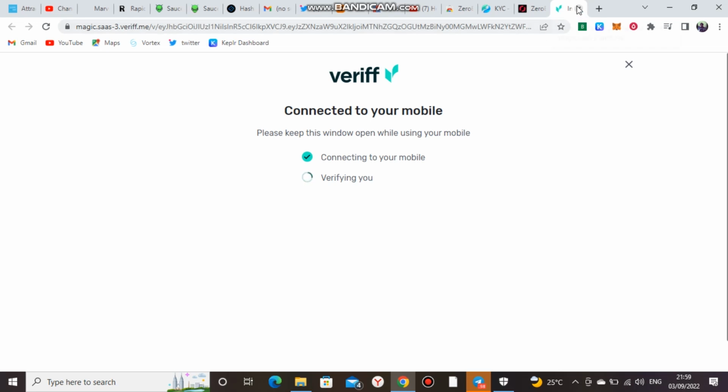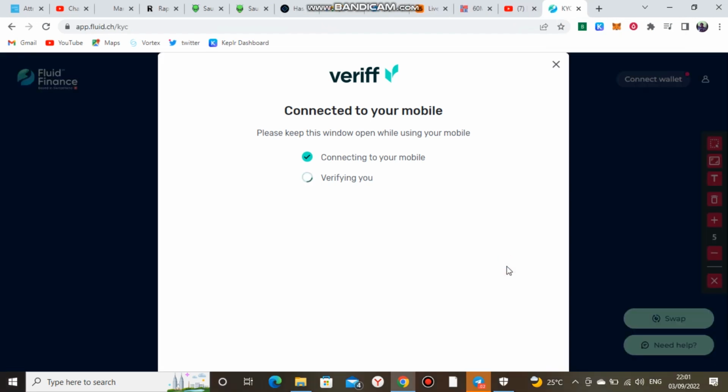But what I'll do is I'll just close this. Let me just be patient with it. If it doesn't work, then I'll have to use my mobile phone. So this is how it's kept rolling. But right here on my mobile phone, it has already taken me to where I will input my ID card,